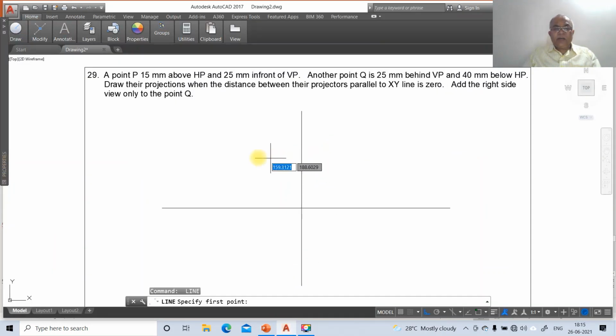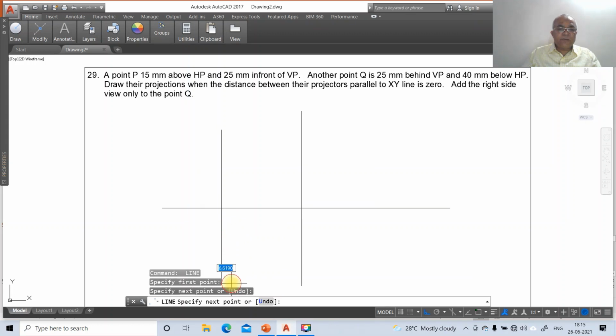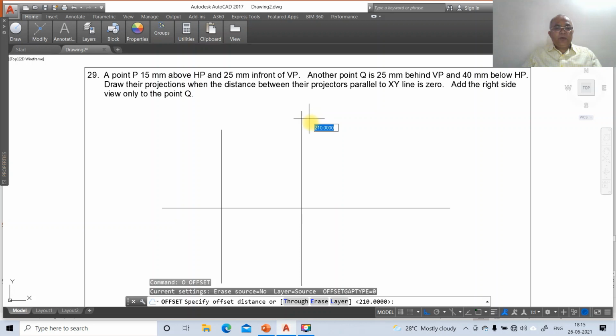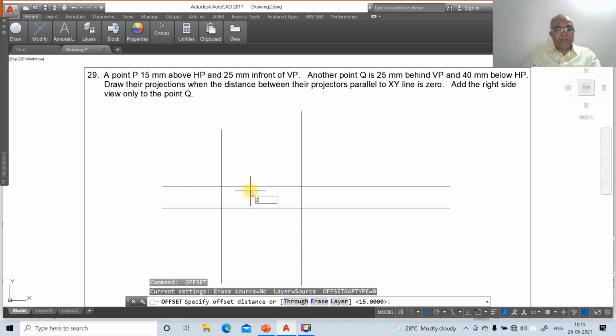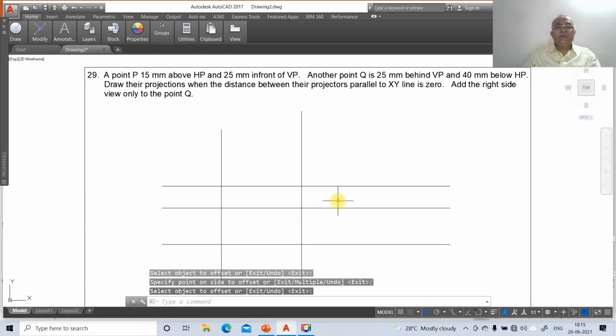So go to line command, select some arbitrary point and draw a vertical line parallel to that X1Y1 line. Then go to offset 15 mm above HP. So you take 15 mm above HP here and 25 mm in front of VP. So offset 25 mm in front of VP, it comes below the XY line.